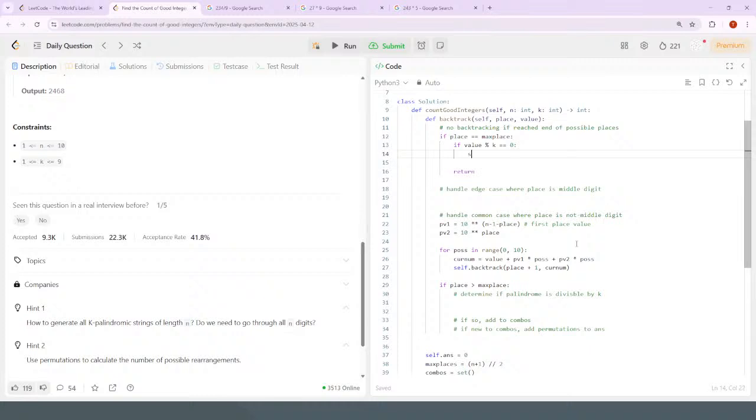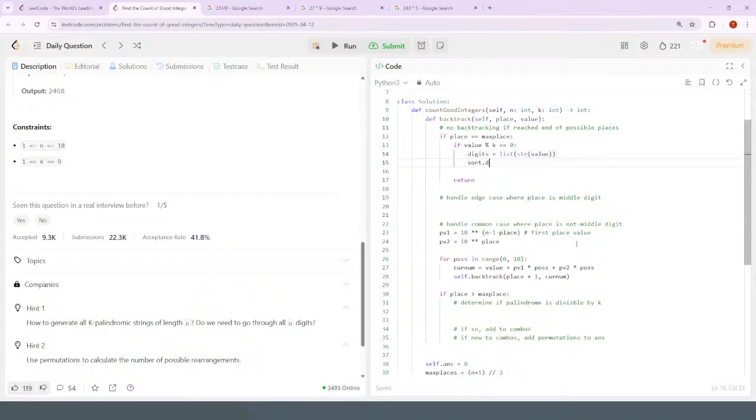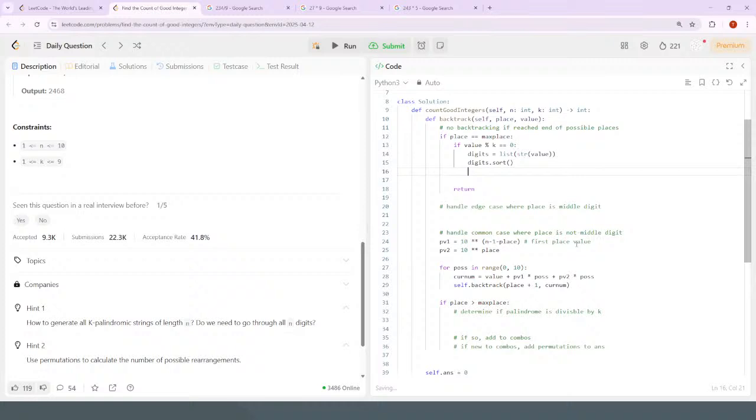Yeah. So digits is going to be equal to the list of the string of this number, sort the digits, and then add it to